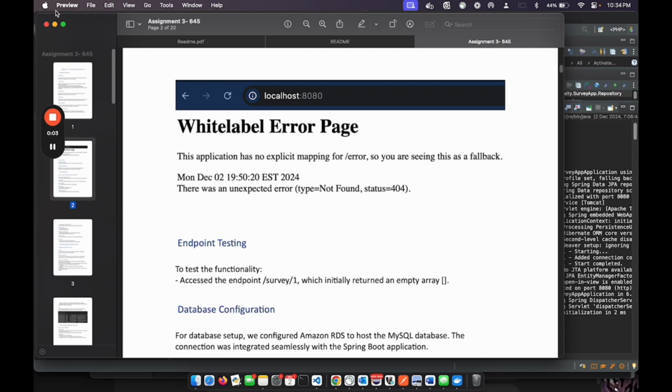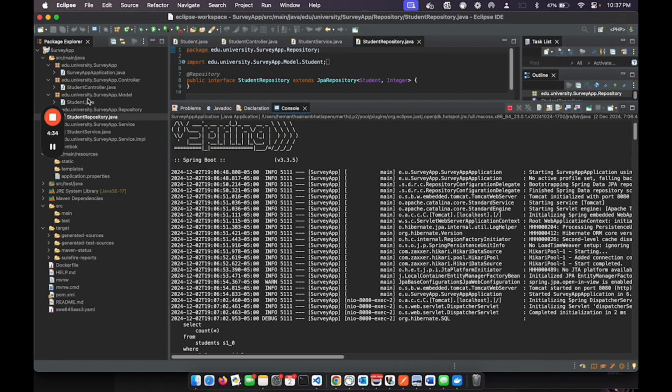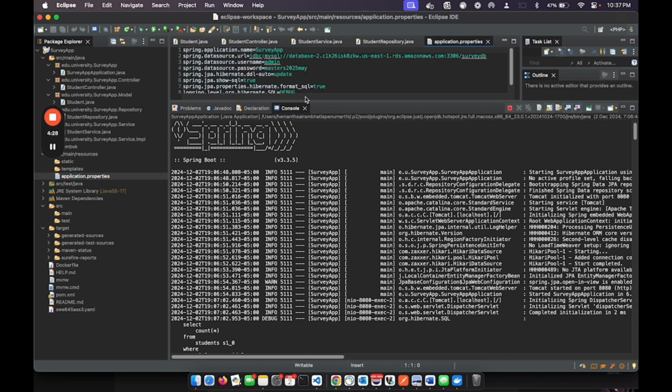And the database configuration is like, in this step, finally we did database configuration. For this, we have used Amazon RDS, configured to use MySQL as a database solution. The connection settings were integrated in the Spring Boot application's application.properties, ensuring seamless connectivity between the application and the hosted database on AWS. So this is the file that we use to integrate the database solution,